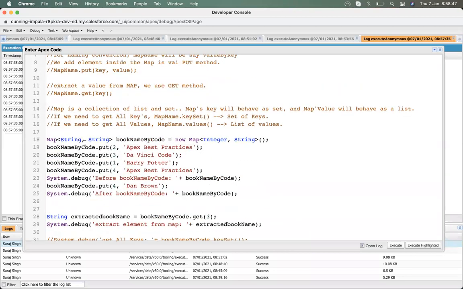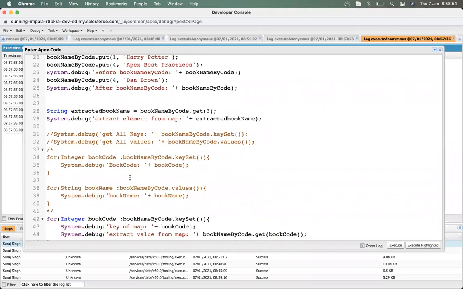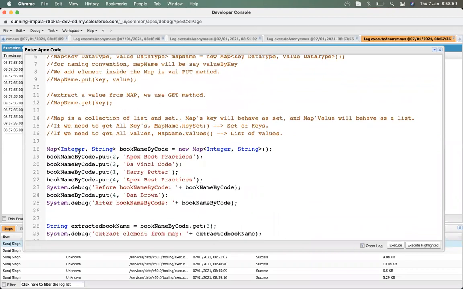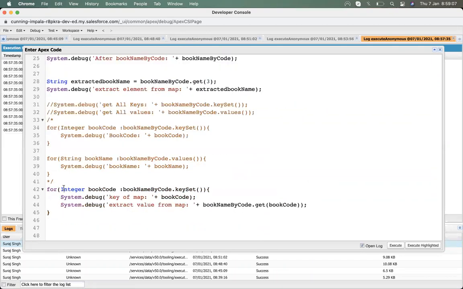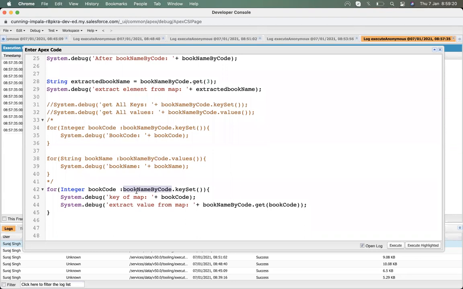Okay, so it will change whenever we make it a string. Suppose I make it a string, so I will put all the values as a string. I will put all the set as a string and set, and here we also make changes as a set. Since I just told you that keySet behaves as a set, all the capabilities of a set we can also perform on the keys.